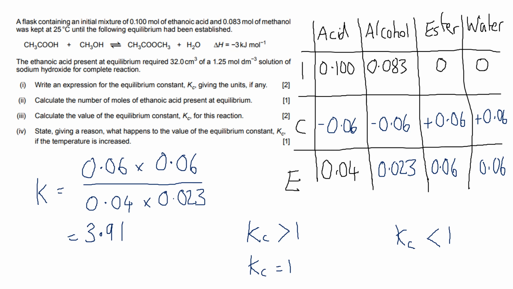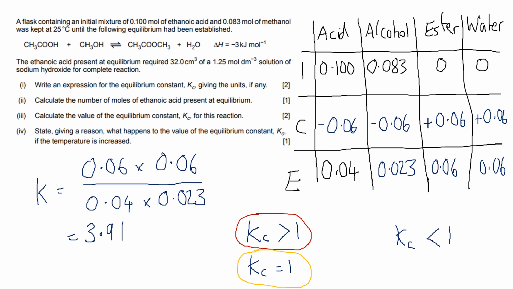Now when Kc is greater than 1, so this scenario here, if we think of how Kc is calculated, it's products divided by reactants, that means there must be more products dominant in the equilibrium, so the products dominate. Equilibrium lies to the right-hand side, and the bigger the value of Kc, the more the equilibrium lies to the right-hand side. However, when Kc equals 1, this scenario here, the concentration of the products and the reactants must equal